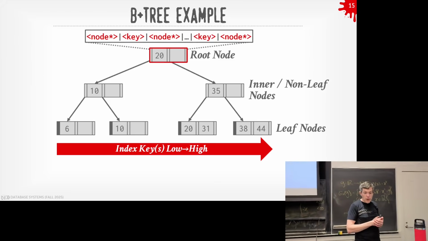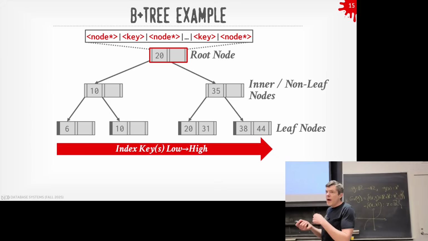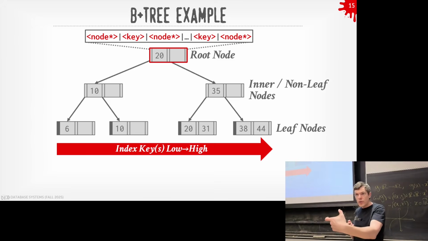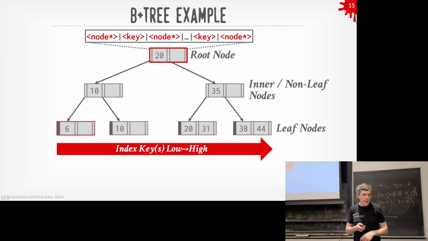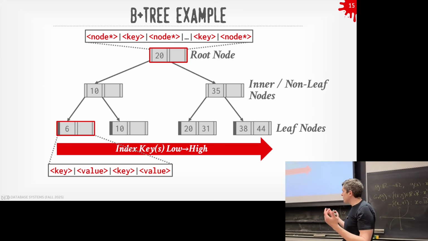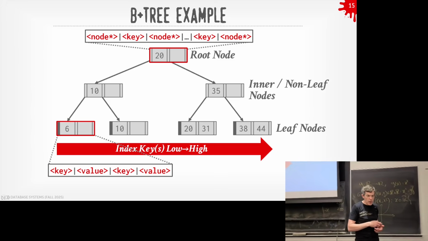So the contents of the nodes for the root and the non-leaf ones, the inner nodes, are going to be alternating key value pairs: some kind of pointer to another node in our data structure, followed by a discriminating key that's going to allow us to determine whether we want to go left or right to find the entry that we're looking for. And then the leaf nodes will be key value pairs, where there'll be the actual key that we want to find and its corresponding value, which could be a pointer to some data structure or something else, or it could be the record ID. In the case of other systems like MySQL, it could actually be the entire tuple. For our purposes now, it doesn't quite matter.